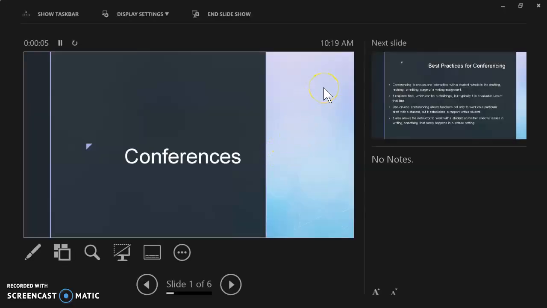We're going to talk about conferences, because conferences are an effective way to engage with students as they write papers and to help them improve not only the paper but to improve as a writer, because our goal is not to generate a good paper for freshman comp. Our goal is to help them learn to be competent writers so that they can write in all of their classes and in their profession, in any writing situation